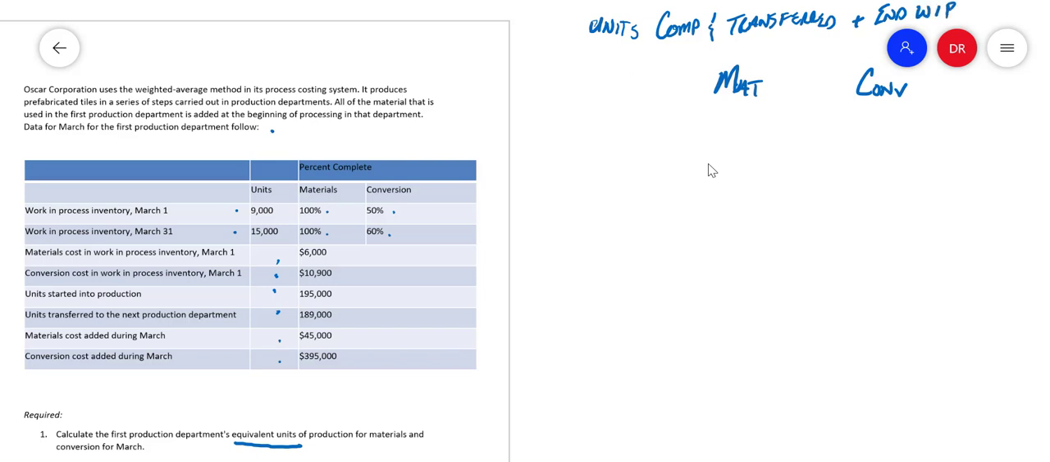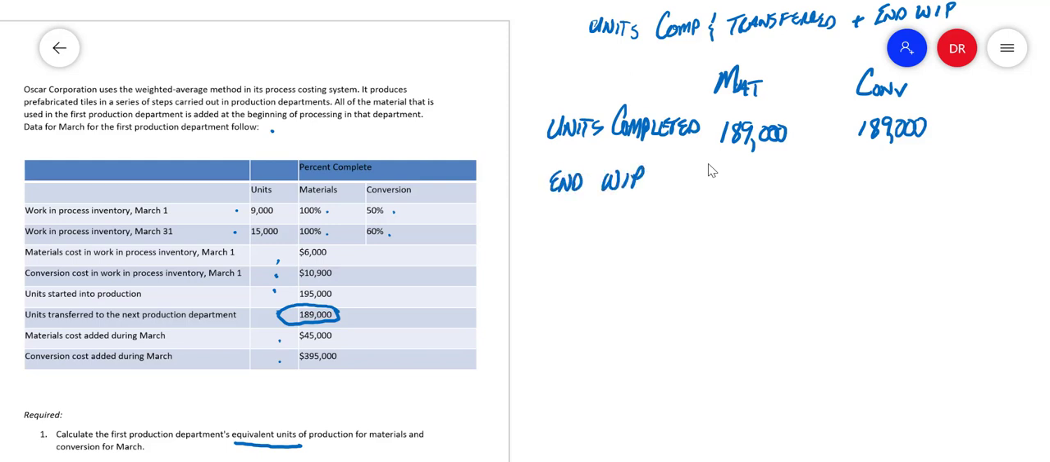So if we're going to use units completed and transferred, we start with units completed and transferred. And for materials and conversion, it's going to be the same number. For this, it's going to be this 189,000 number right here. So for materials, it's 189,000. And for conversion, it's 189,000 units. Ending work in process for this department